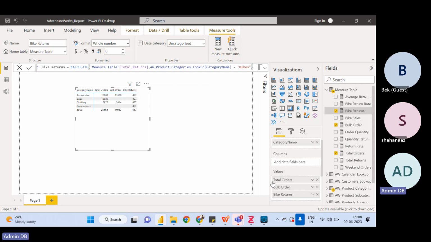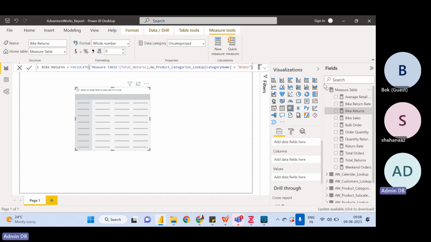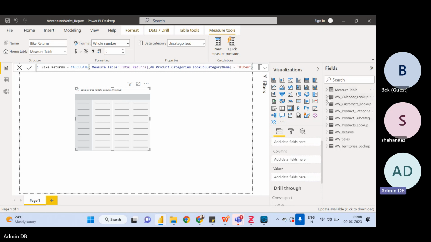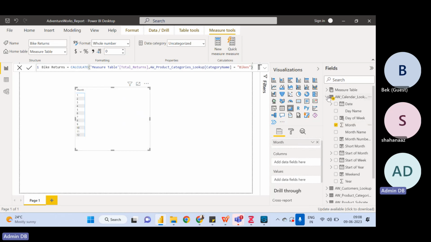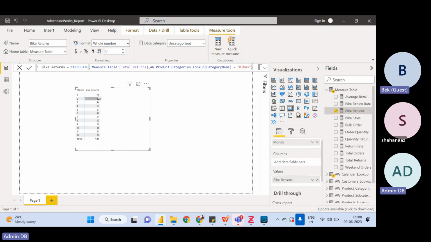right? But just now what we did, we pulled month from the calendar lookup table. Let me pull month from the calendar lookup table, and then we will pull returns, let's say. It should not repeat because that doesn't make sense. Under bike returns, what filter we have? We have category name is equal to bikes, meaning we want to look into total returns if the category is bike, right? So what will happen inside the